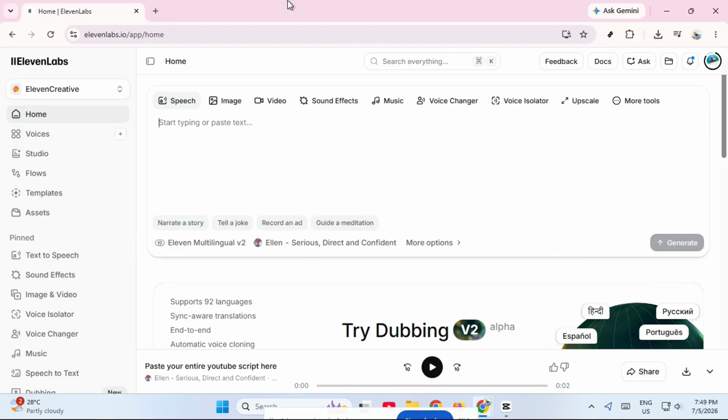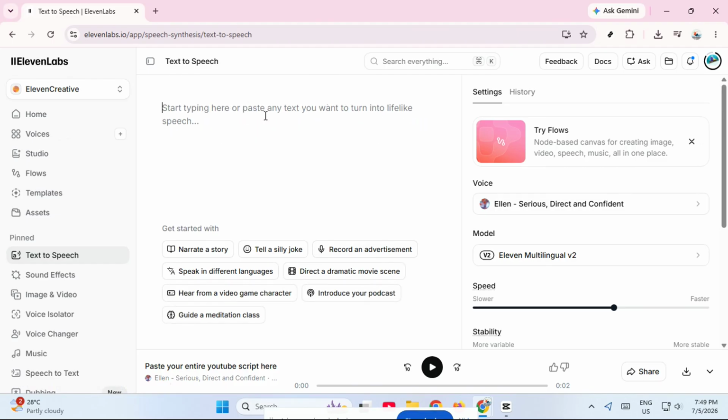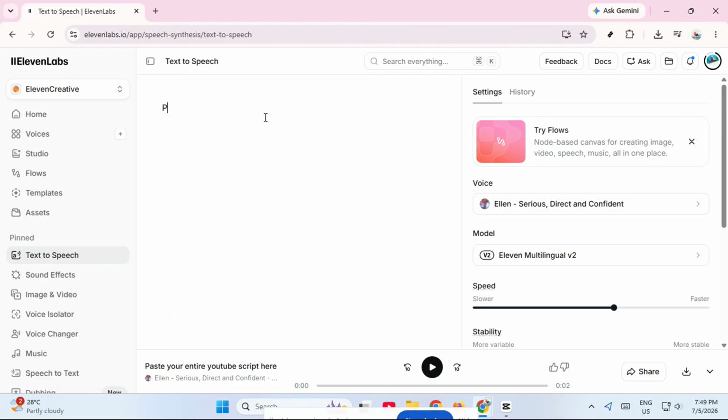Alright, let's jump in. First, sign into your ElevenLabs account. Once you're inside, open either text-to-speech or Studio, depending on the type of voiceover you want to create. From there, paste or type in your script as usual. This is where the pause controls come in, and the method you use will depend on the voice model you've